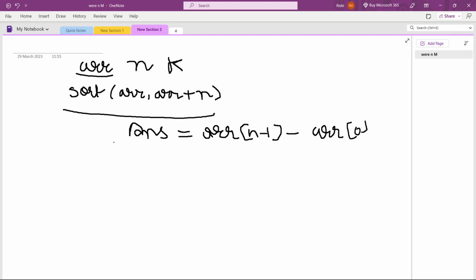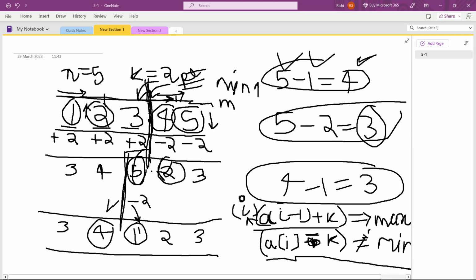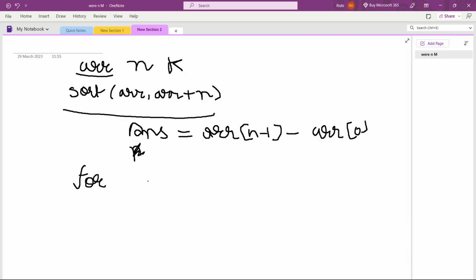Okay, the next step is, let's roam in this. So since we have discussed that we are going to take array of I and array of I minus 1, so we are taking array of I minus 1 in our code. So we should move from 1 to n to prevent the errors we can get, like the array out of bound error. Okay, so we are roaming from 1 to n, and there what we are doing is